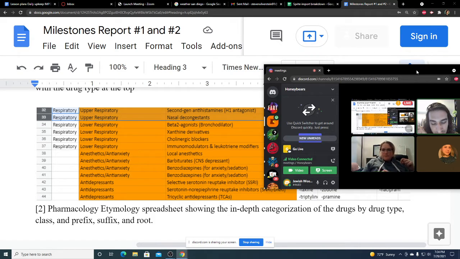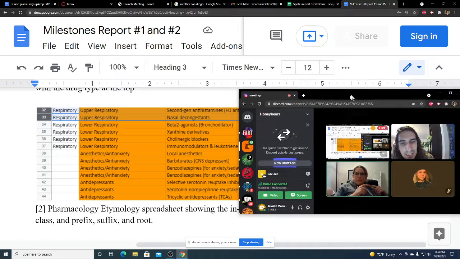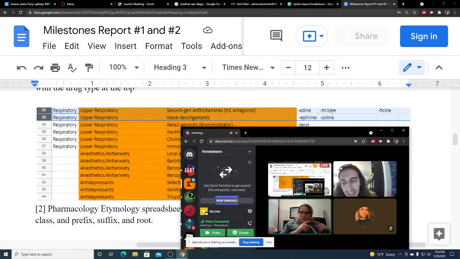First of all, love the idea. That's really good scaffolding. But in terms of making it clear, because it's really similar to what you and I were talking about, Tara, I just want to make sure that it either is or isn't the same thing. So for level 2, let's say that they get the 18 and they already know that it's a second-gen antihistamine, but instead of testing them for that, now we're testing whether or not they know that it's upper respiratory. Is that what we're asking for, or are we asking them when you say indication?